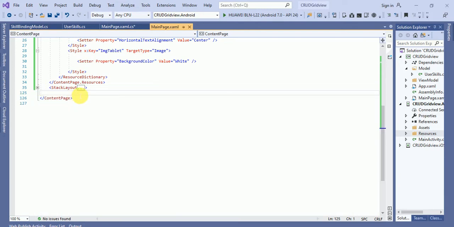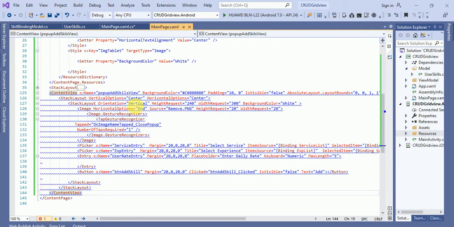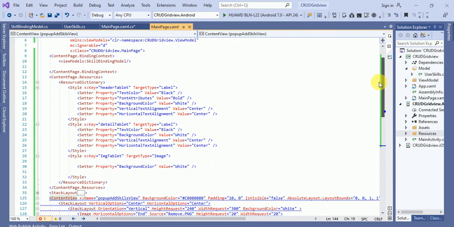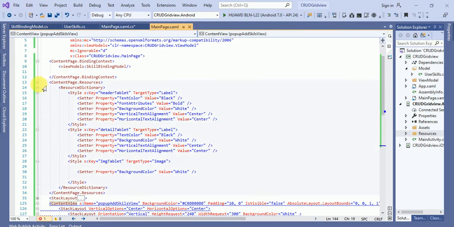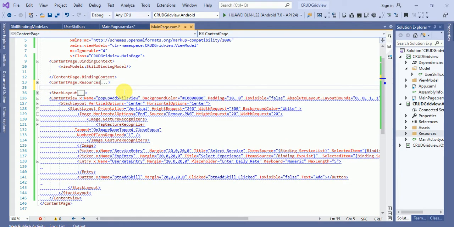In my previous video I already told you how we can add the pop-up. For that, first we need to add a content page, because it's saying content is set more than once.